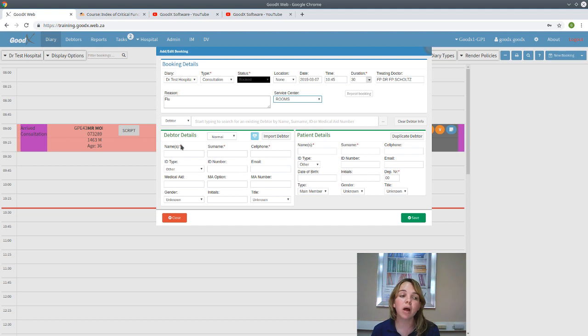Now also in this, you do have the option that you can choose your own compulsory fields on these pages. Now you can set up your own ones. We will also show you a little bit later through the settings. But now with our setup, the three fields that is compulsory is the name, the surname, and the cell phone